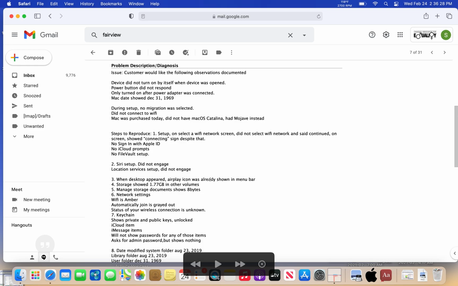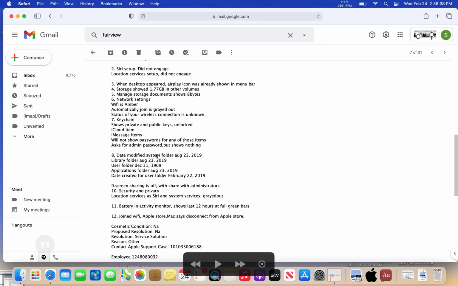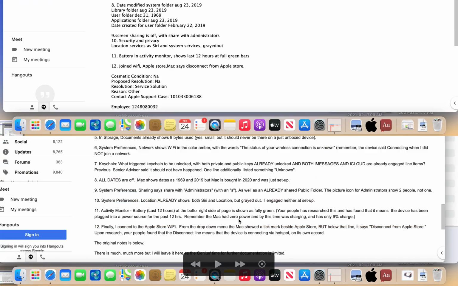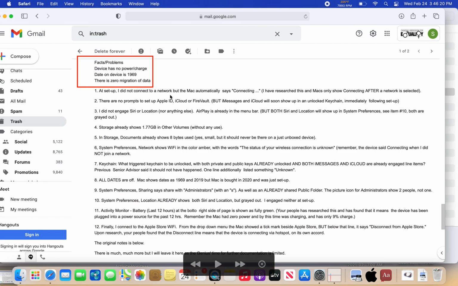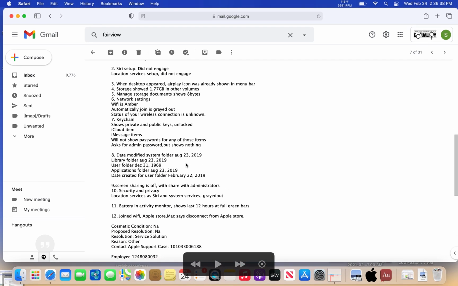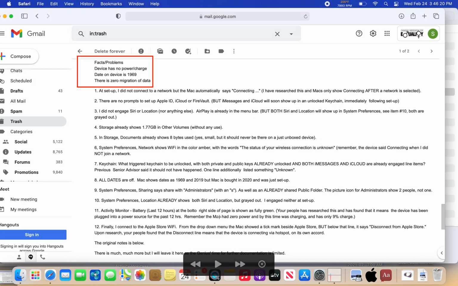Okay, so he's still with me. Within 10 minutes, it had 9% charge in the menu bar, but this here is the outside power charge. And then in the drop down menu, it says disconnect from Apple Store. Apple already researched that. It means the Mac was connecting using a hotspot. Okay, and this is my addition to these point forms that he had. He's not used to documenting like that, so I explained this